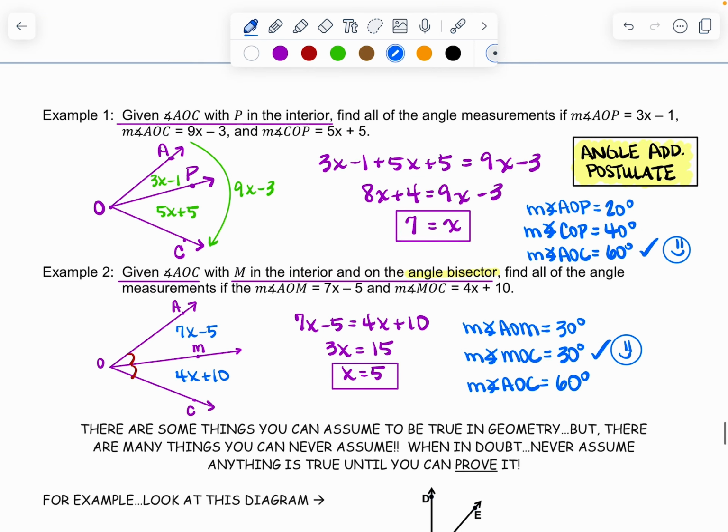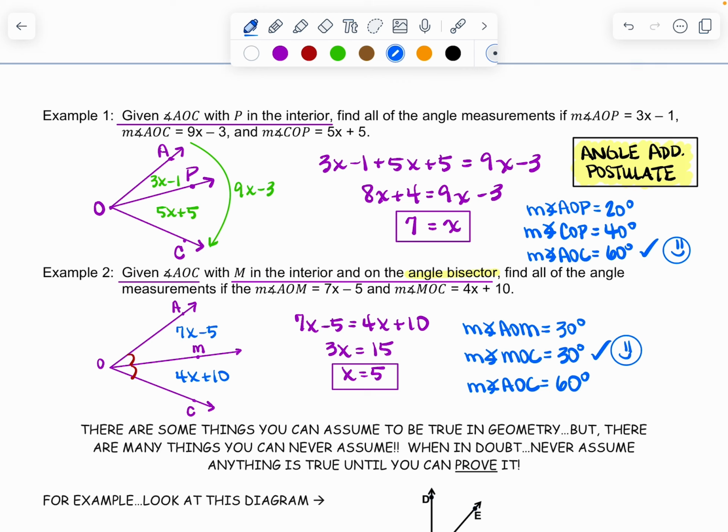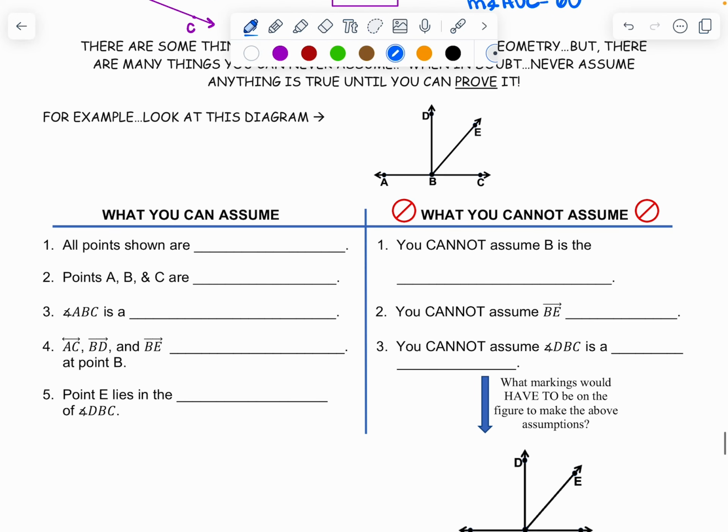All right, so that's pretty much it for today, right? Some basic angle vocabulary, and then using that angle addition postulate or any other vocabulary clues that we might be given, okay? The very last thing, just really quick, this is kind of a good quick day to talk